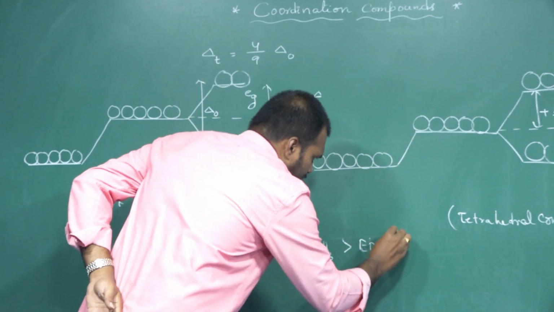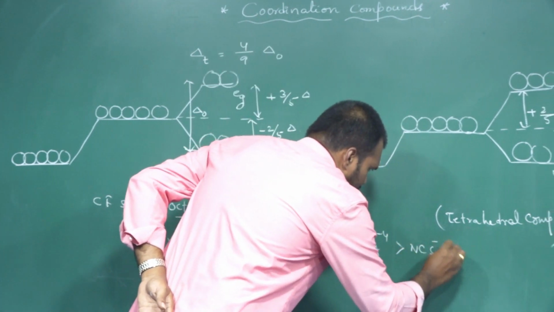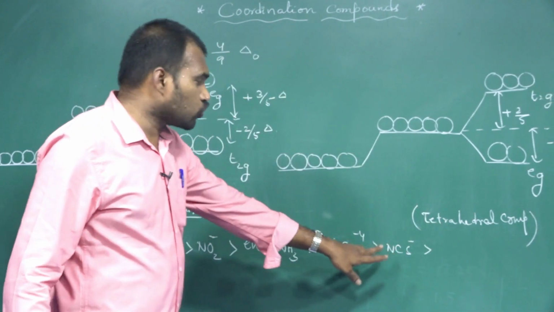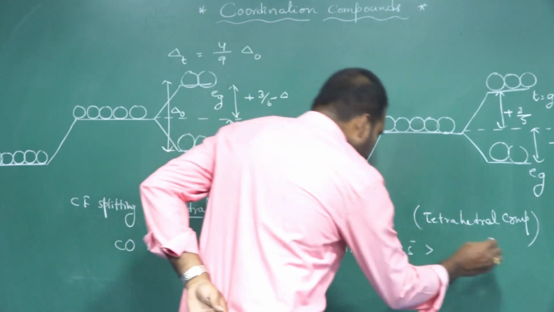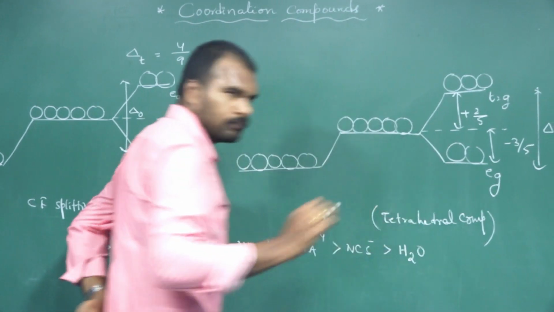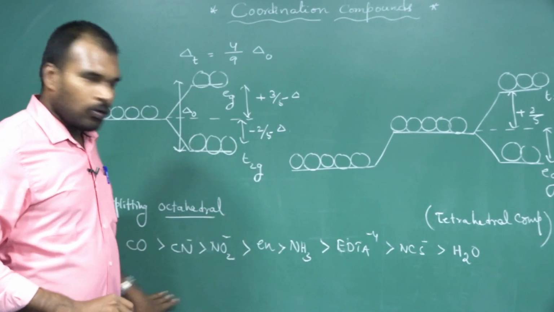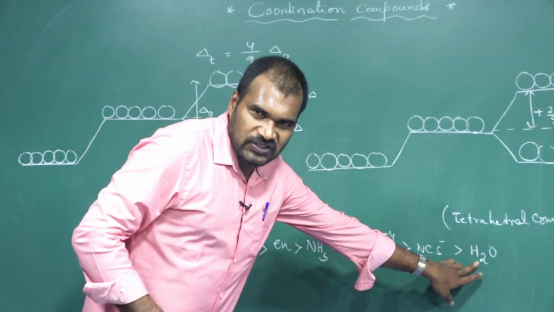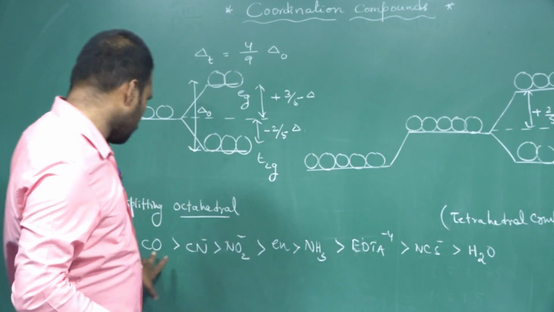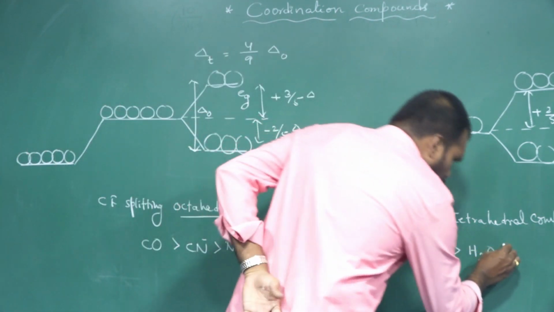In general, EDTA having -4 charge, NCS minus, thioisocyanate. Next one, water. See, the ligands which are present above water in the series are strong field ligands. So these all are what? Strong field ligands. And after water,